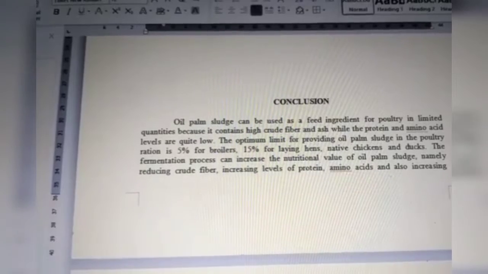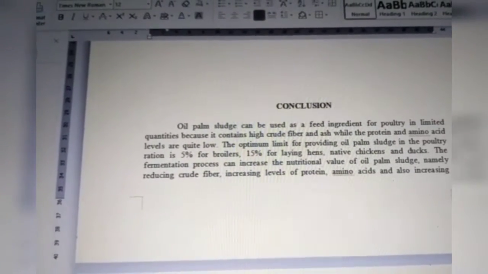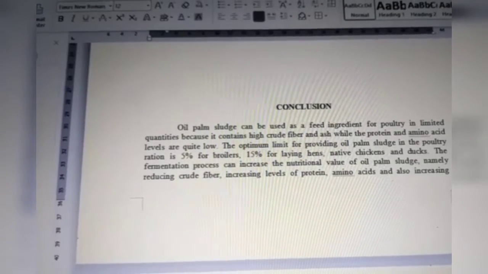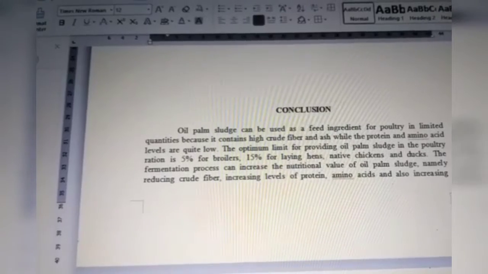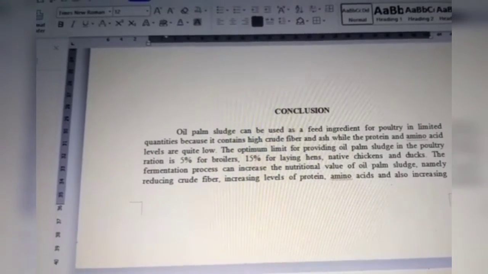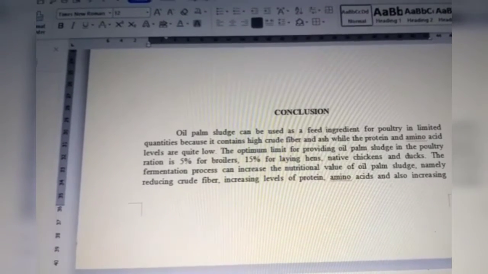The fermentation process can increase the nutritional value of oil palm sludge, namely reducing crude fiber, increasing the level of protein and amino acid, and also increasing